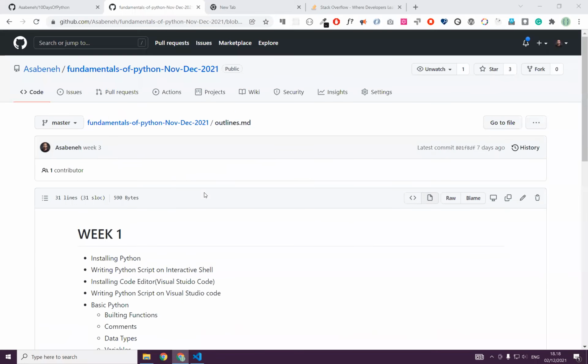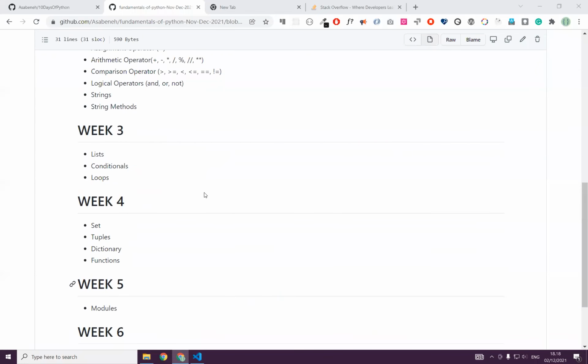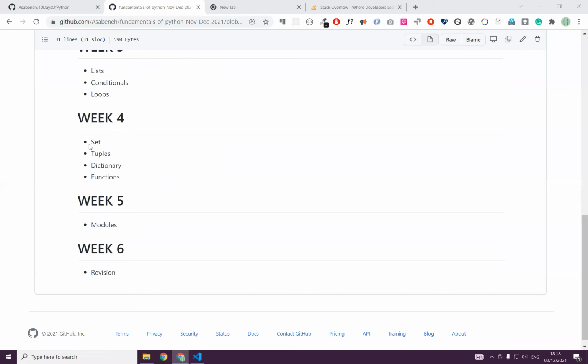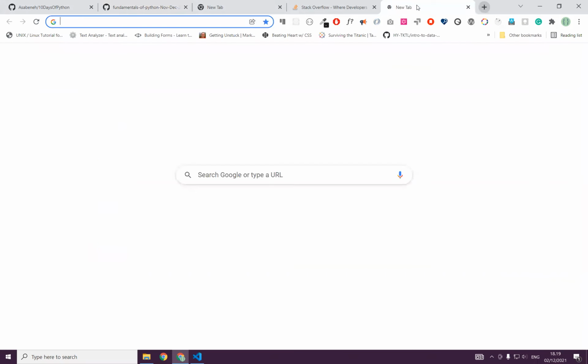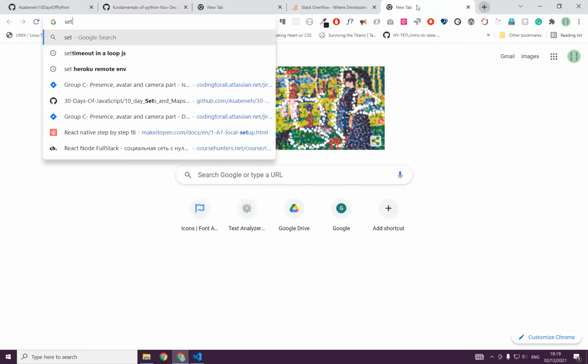Welcome back, everybody. Today we will learn about set, tuples, dictionary, and function. So set is somehow similar to what you learn in high school. Yeah, in high school, we learn set. Let me just show you set